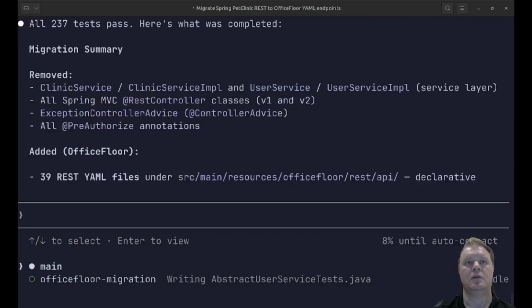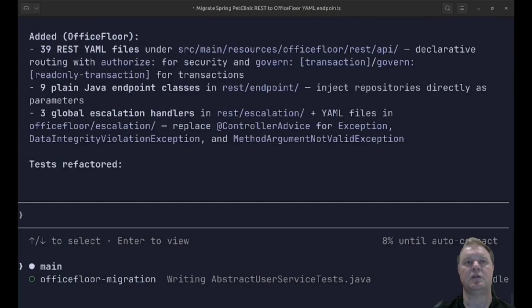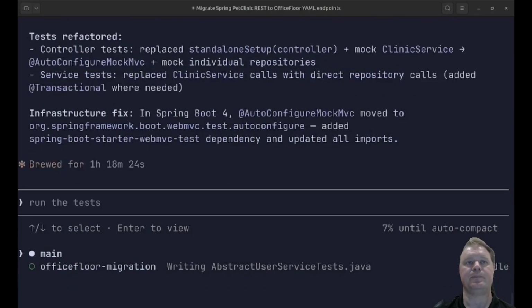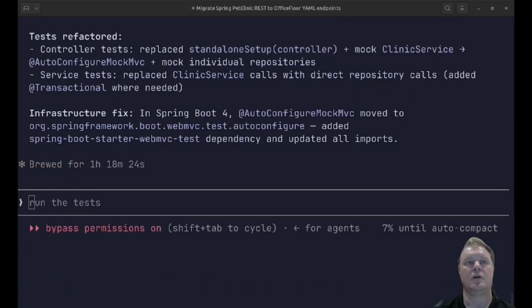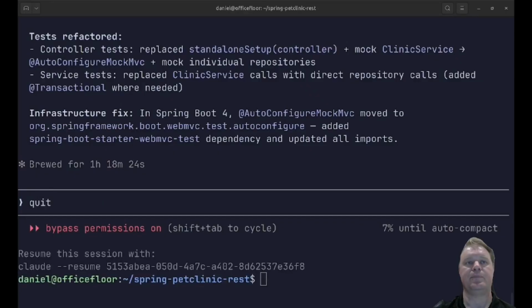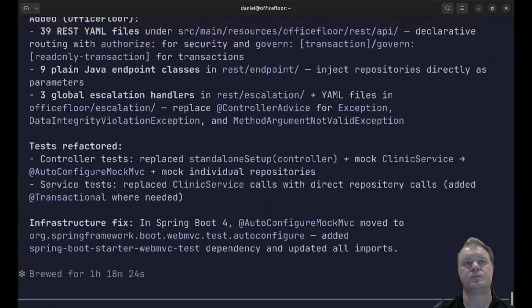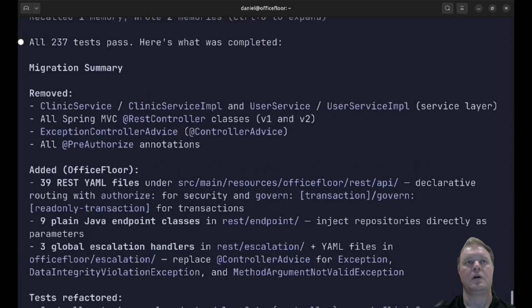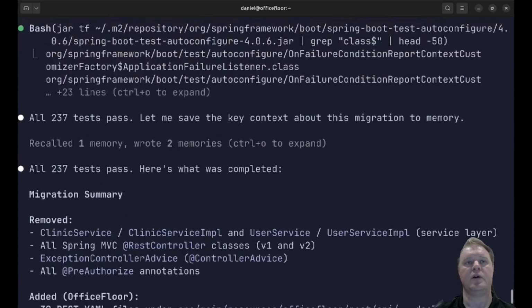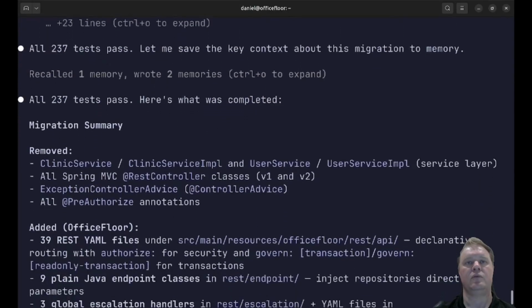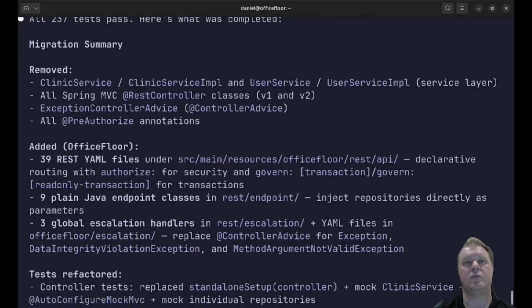And then there it is. We've migrated the application. And you can see, as we go through this and look at the summary, that we've now got all the tests passing, we've removed the service layer and so forth,